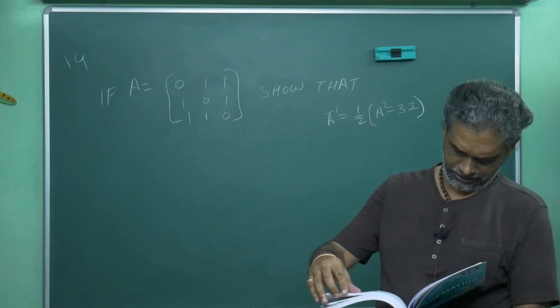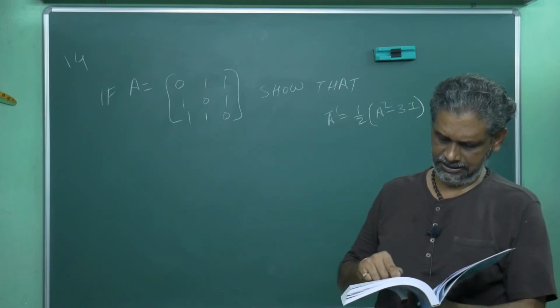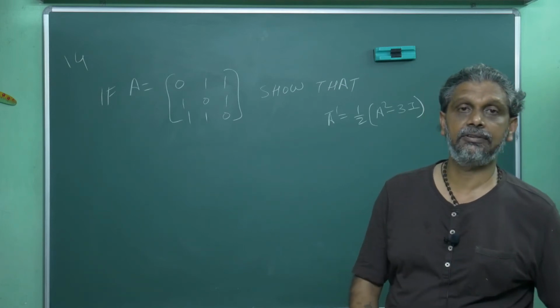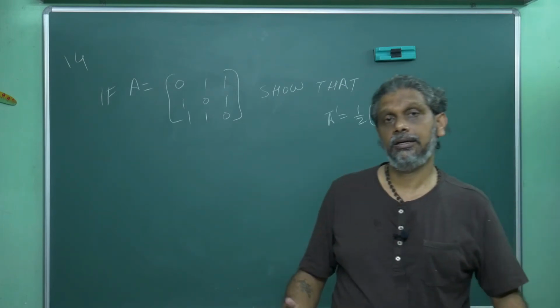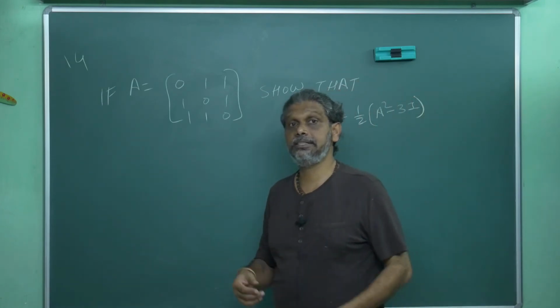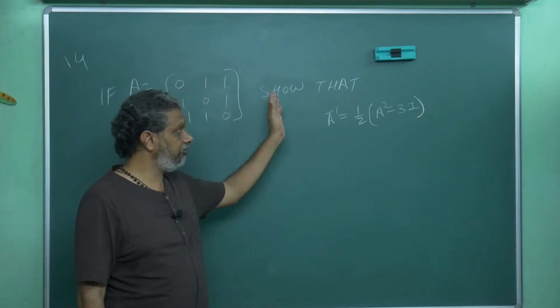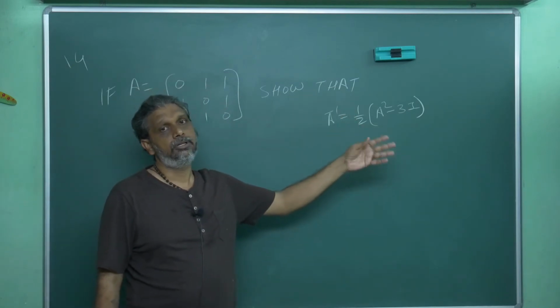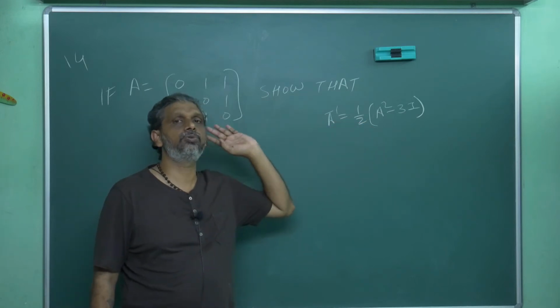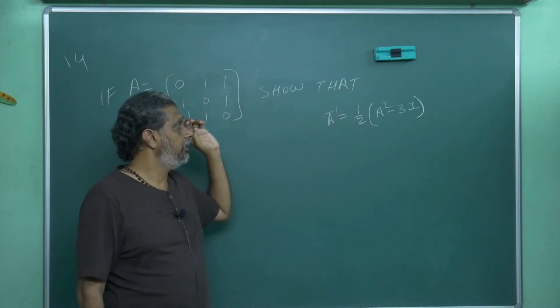I think in the fourth question, A square minus 3A minus 2I is equal to 0. They are asking to show that, hence find A inverse. But there we already proved it, then we found A inverse. This problem is the back process: here A inverse itself is given. So this equation is already taken for granted as true.